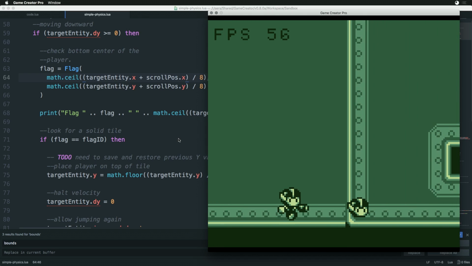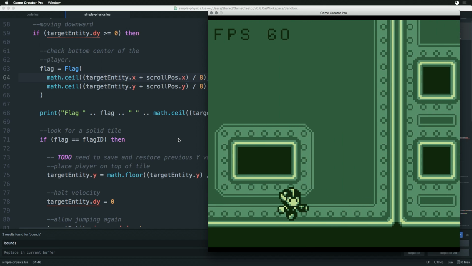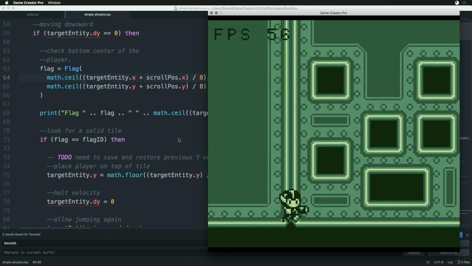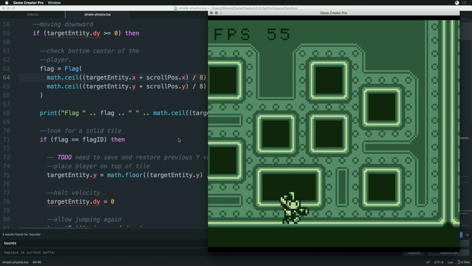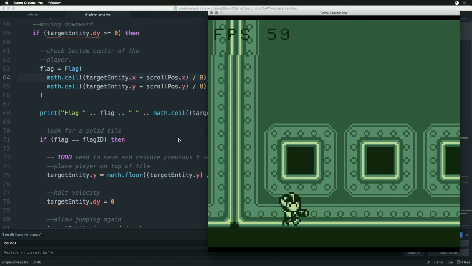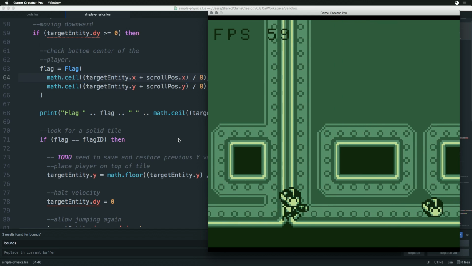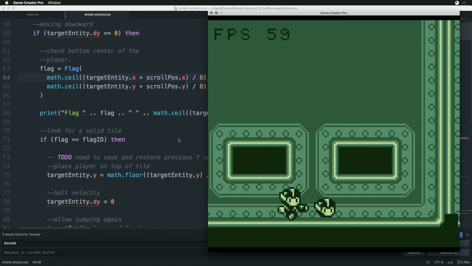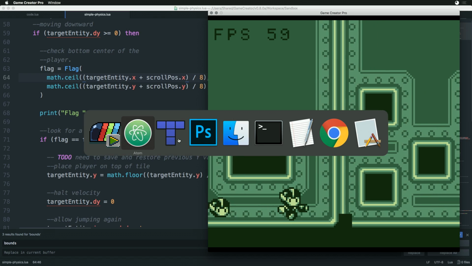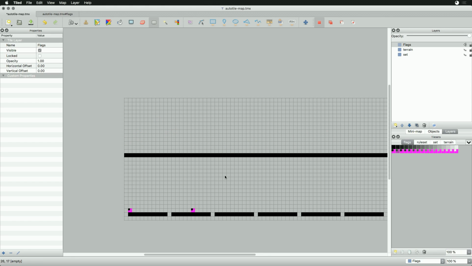There we go. And now it should just be copying over that solid collision flag. Now you're seeing it's bouncing up a lot, and that's because I'm not really calculating where his real position is. Also, because he's bigger than 8x8, the physics are a little off, right? But what we could do, just to verify that this is actually still working correctly,